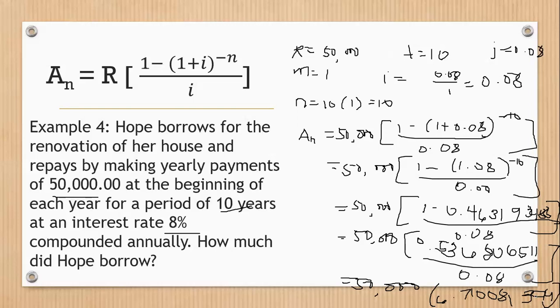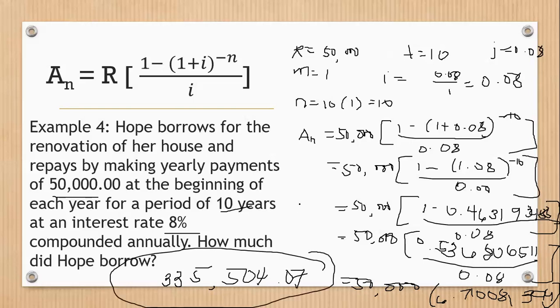So we can have, ang inutang pala ni Hope para sa renovation ng kanyang bahay is 335,504.07. So ito po yung kanyang inutang, kaya siya nagkaroon ng yearly payment or annually payment na 50,000 sa loob ng 10 years. So yan po, paano kunin ang present value ng ordinary